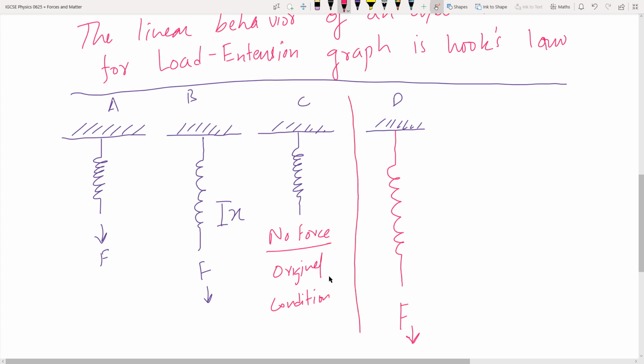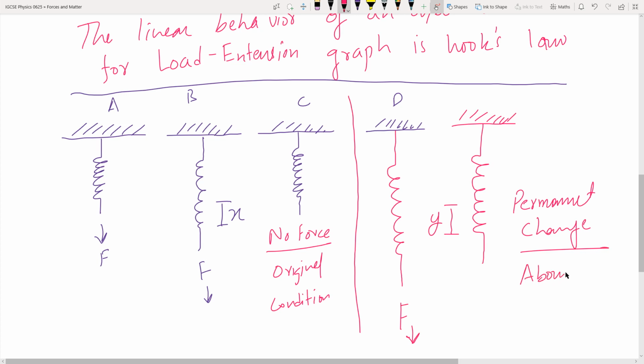Hooke's law, the linearity. After this, in terms of D, if I pull it too hard and if I go beyond the elastic limit, I would find that now the spring is permanently defected, right? It won't be able to get back to its original position. Let's call it Y. So we call this permanent change,